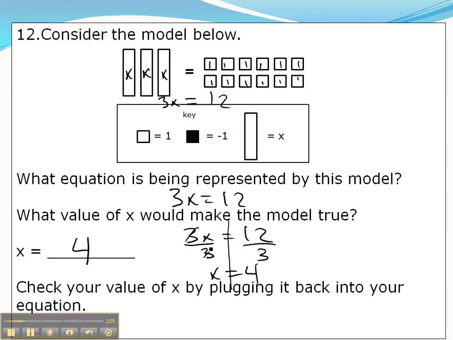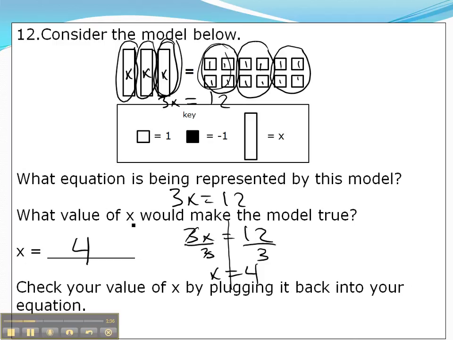When I divided both sides by 3 in my equation, this is what it would look like on the model. I'm dividing this side of the equation, these 3 x's, into 3 groups. Each group has 1 x in it. So if I divide the left side into 3 equal groups, I have to divide the right side into 3 equal groups. If I divide these 12 squares into 3 equal groups, each group has 4 squares in it, or value of 4, so each group on the left has 1 x, and each group on the right has 4,